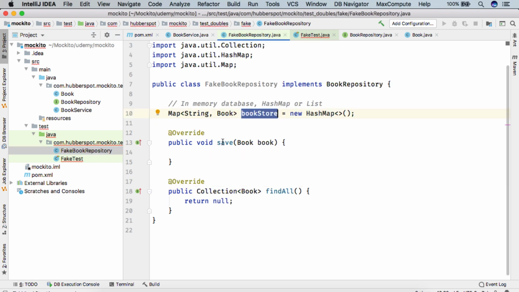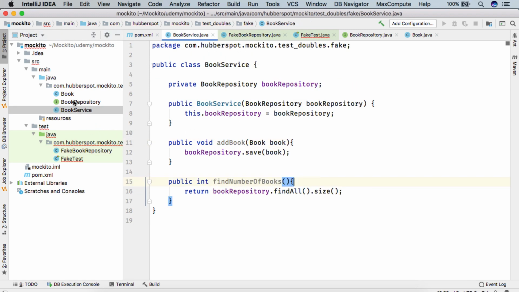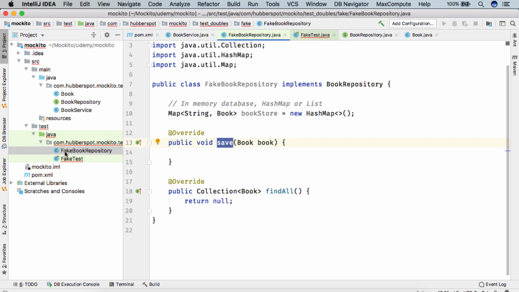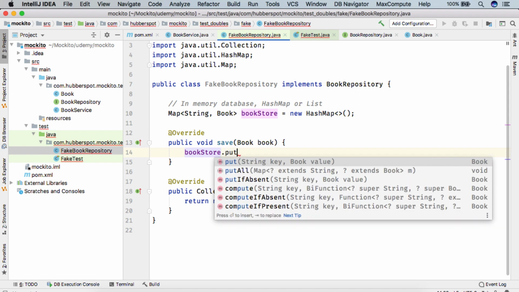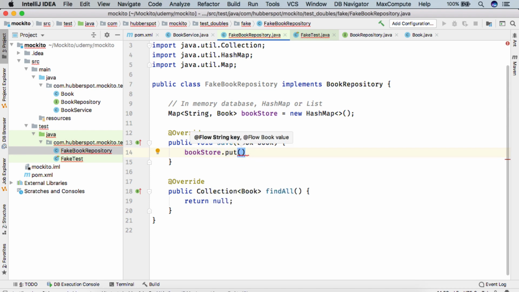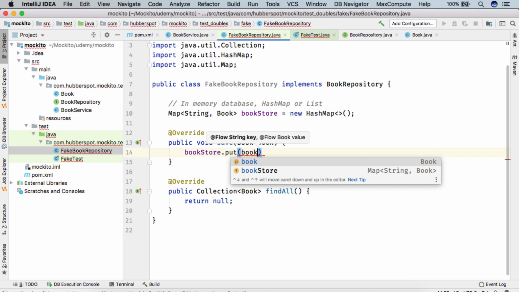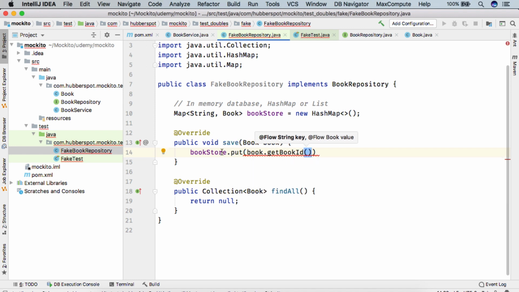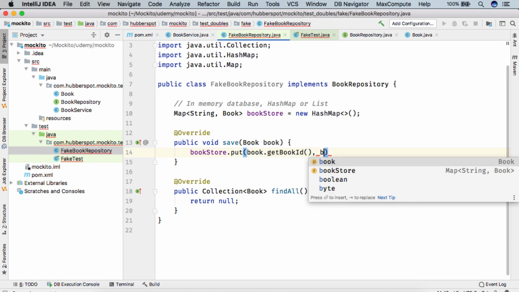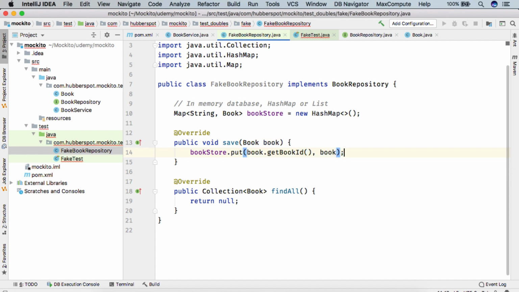So let's say when the save method is called from the book service, this fake book repository comes into the picture, and what it does is it will simply store this book to this hash map instead of going to the actual database. So we'll call the put method, and as a key we'll pass the book ID because it's a unique thing, and the actual book.